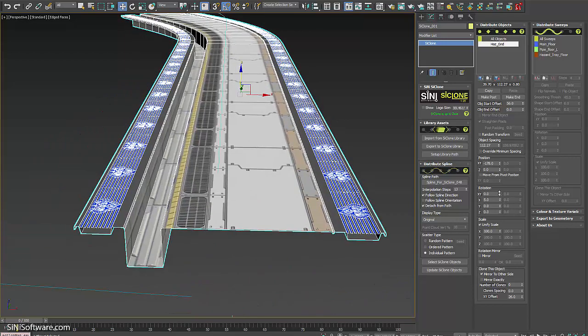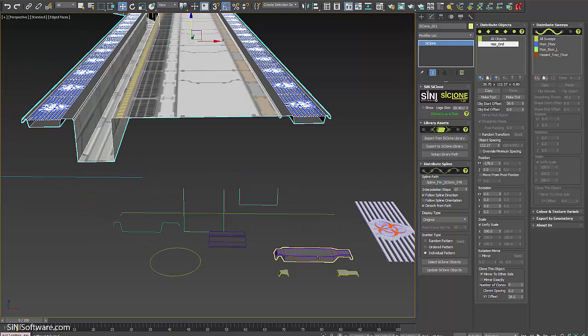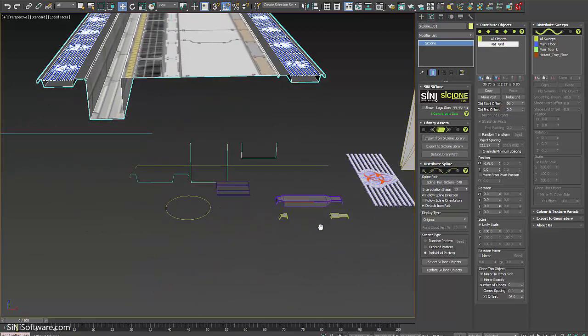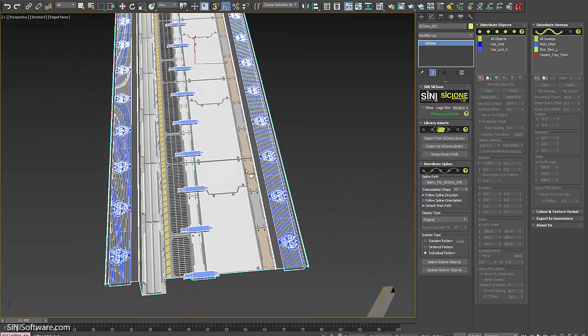And then, of course, we have all our rotations and everything that we'd need when we bring in an object. All right, let's grab something else. Let's grab this one here. So this is going to cover up our joints to our grates. So let's just grab this one here. And we're going to need to